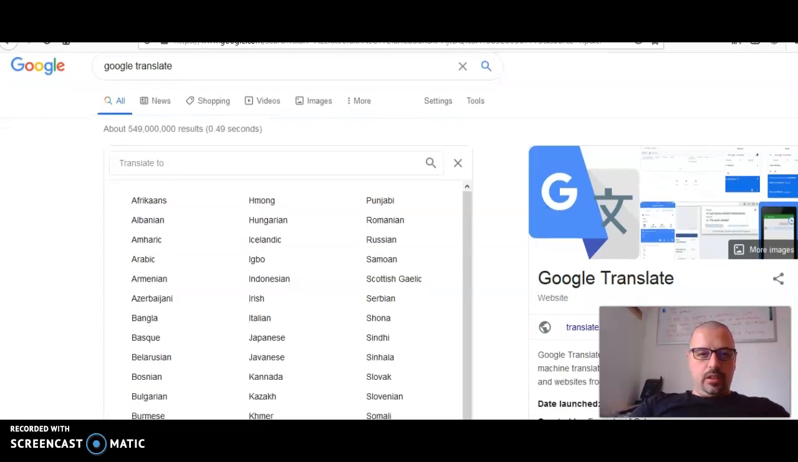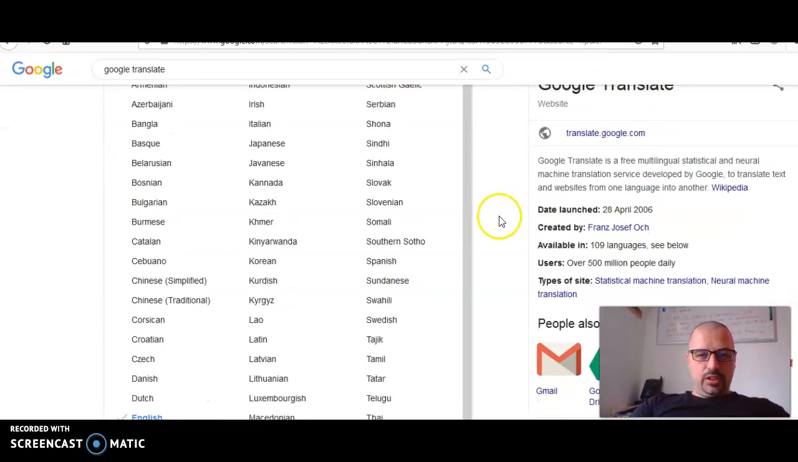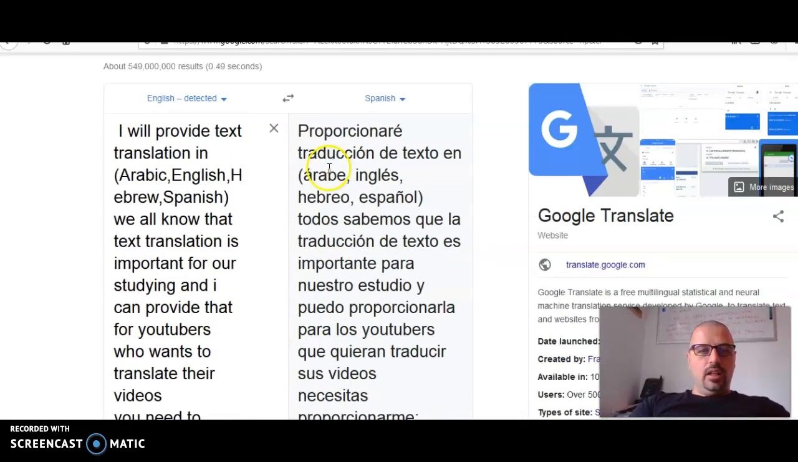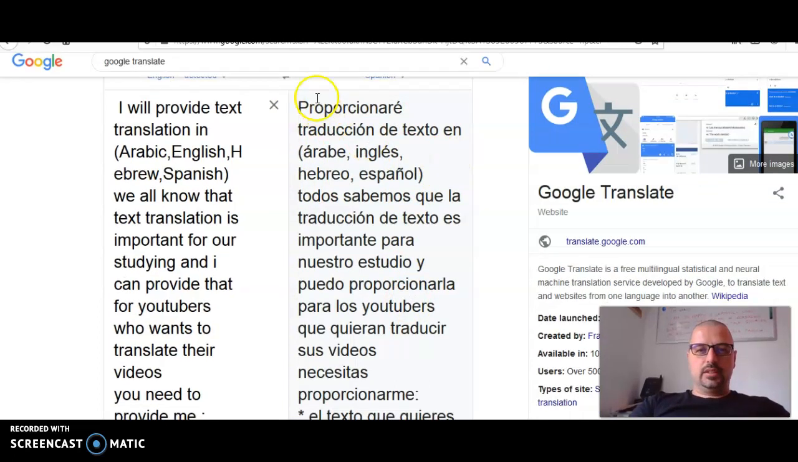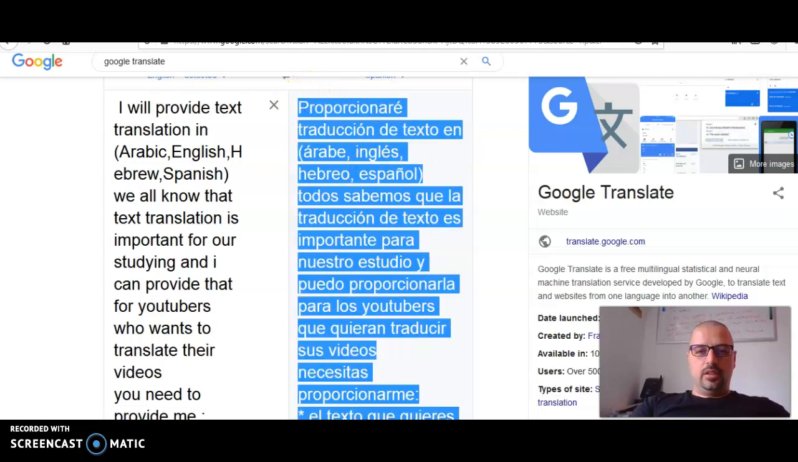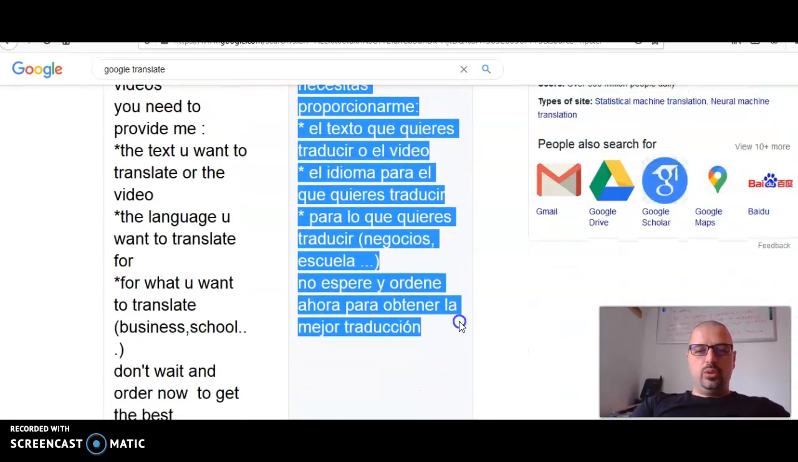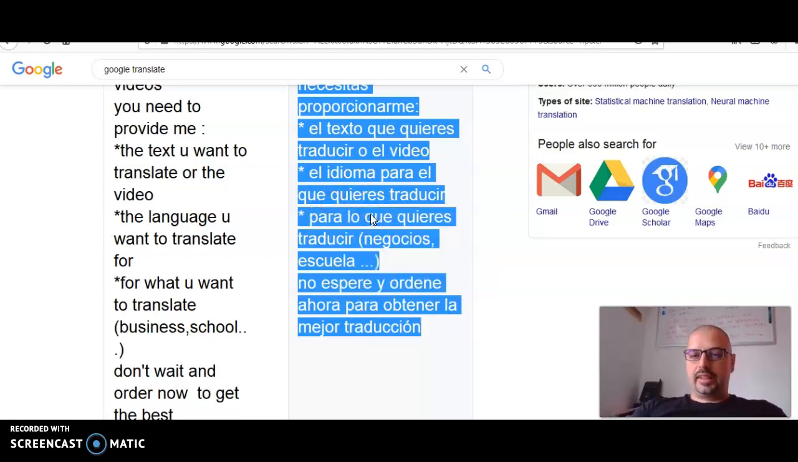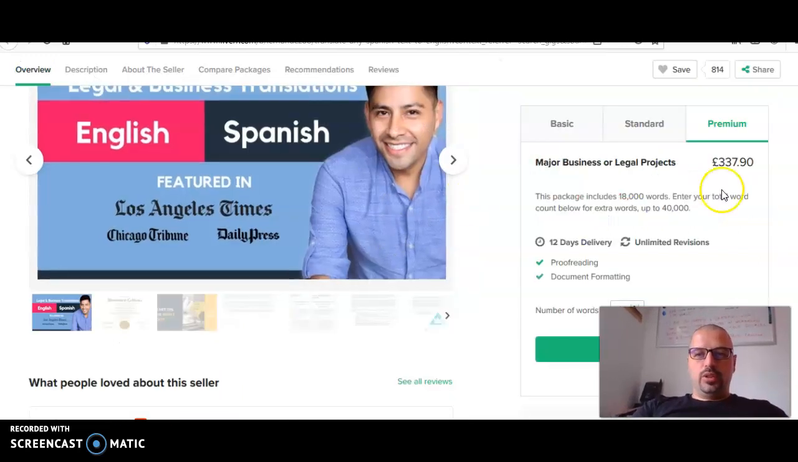Let's say Spanish. Yes, you can do Spanish. So look what happened. This is translated to Spanish. So what you need to do is copy this and send it to your client. Probably it's not going to be a short text like this, but if it's a longer text, you will do